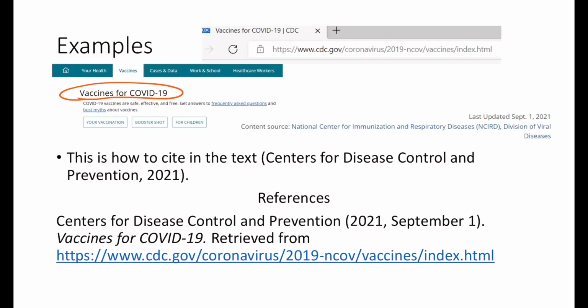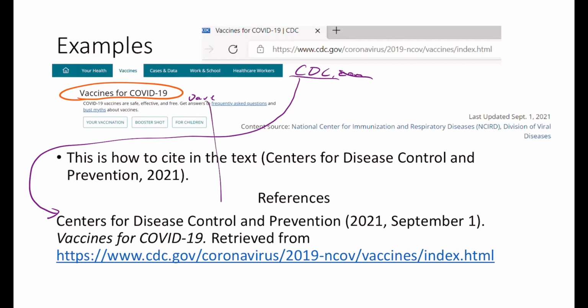This one came from the CDC. And that's not up here, but it says like cdc.com or something up above. I think I cut that off. And so, not com, obviously gov. And so what you'd want to do is you're going to write that source, and you're going to say, okay, this was written by the Centers for Disease Control and Prevention. That's who I'm going to list as an author. Now, if it said written by so-and-so, Dave at the CDC, the Centers for Disease Control and Prevention, then you would put Dave as the author, not the CDC. But since we don't have that, we're going to write the CDC as our author here.